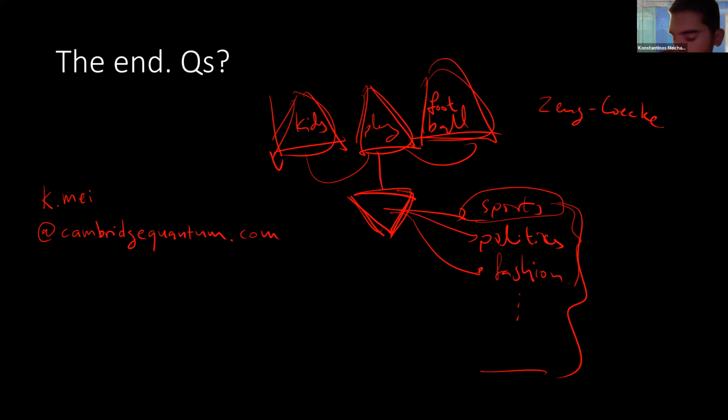But also we are thinking long term. So we have started the thread of Zeng and Coecke, where basically you assume that you have a fault-tolerant quantum computer. You assume you have a quantum RAM which efficiently prepares states for you, and it would be very interesting to see what having a full-blown quantum computer can do for NLP. But what we have done so far in this last year that we started this is QNLP for NISQ.